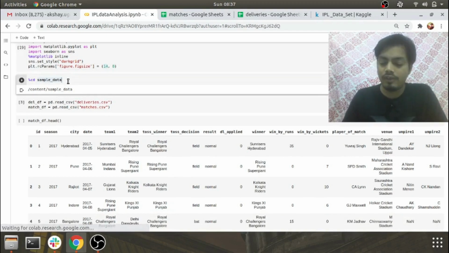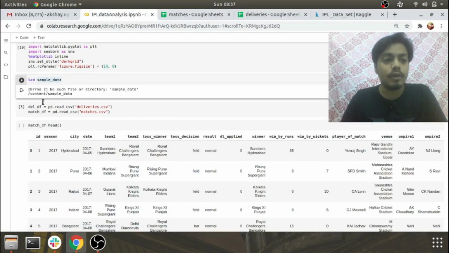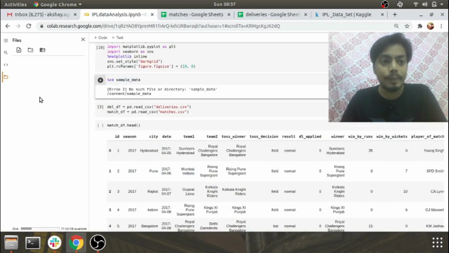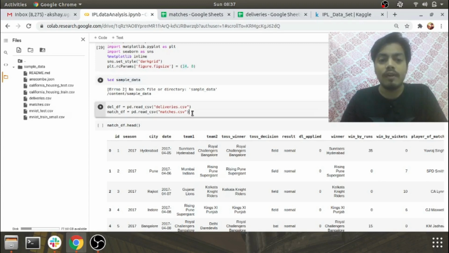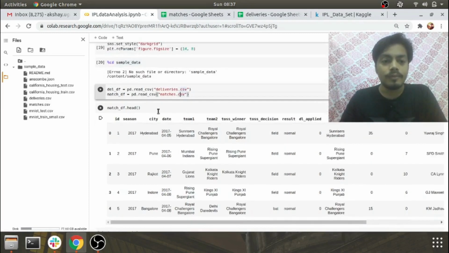Okay, after that I've changed my current directory to sample data because my files are present here. Yeah, so here you can see I have deliveries.csv and matches.csv. After that I've simply loaded them and converted these CSVs into data frames. Okay. Yeah, so what is a data frame? A data frame is nothing but a collection of rows and columns. So just imagine it in the form of an